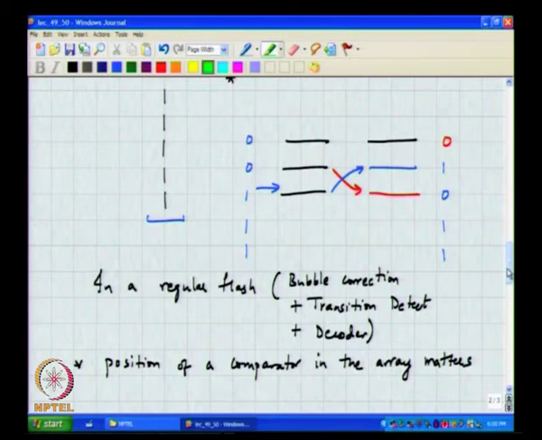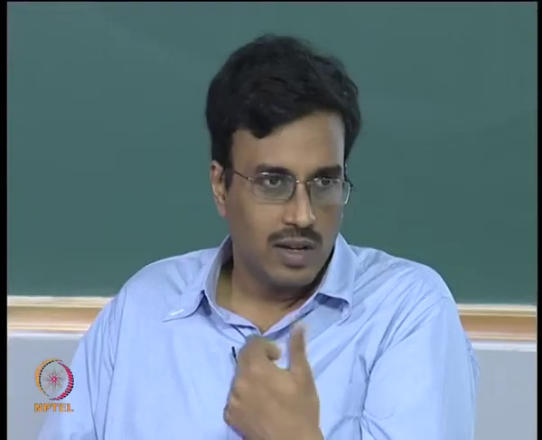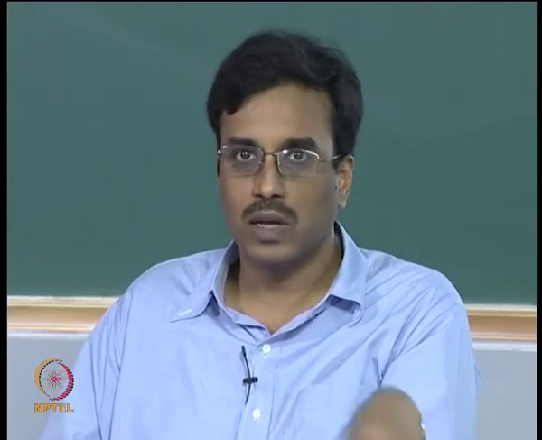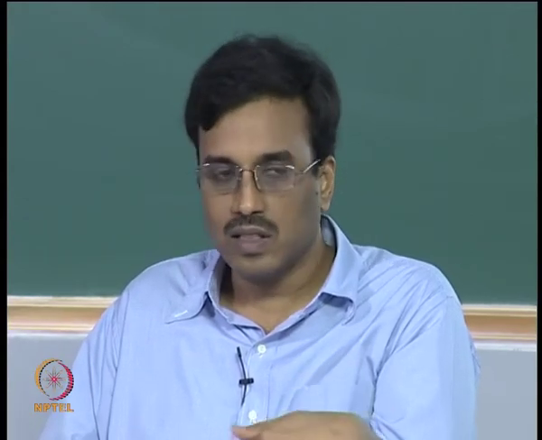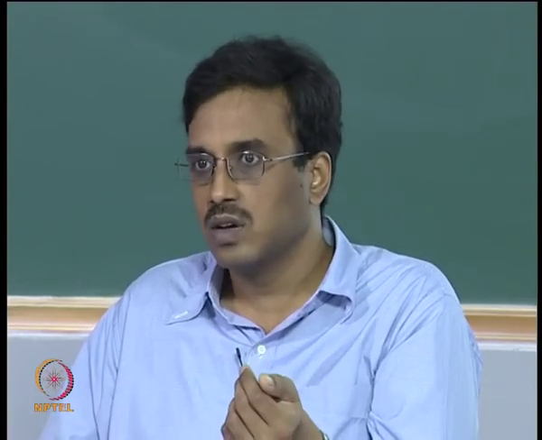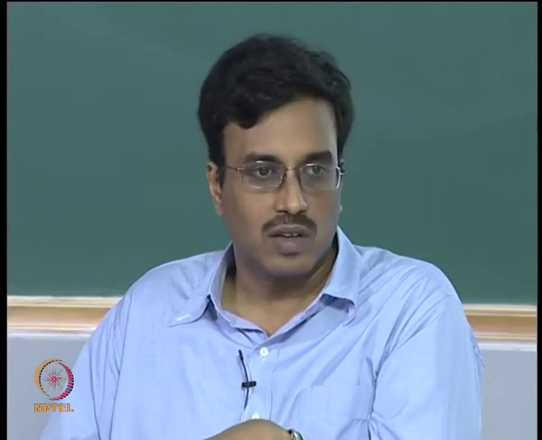So, these comments kind of summarize whatever I had to say on flash converters as well as those aspects of a flash converter which are relevant to a delta sigma modulator loop, and then in the next class we will start with the other part of the puzzle, which is D to A conversion, right. So, we have made one half of the quantizer, which is the A to D converter. We need to understand what has to go into the D to A converter, which takes the output code of the flash and generates a current or a voltage, which is then fed back into the